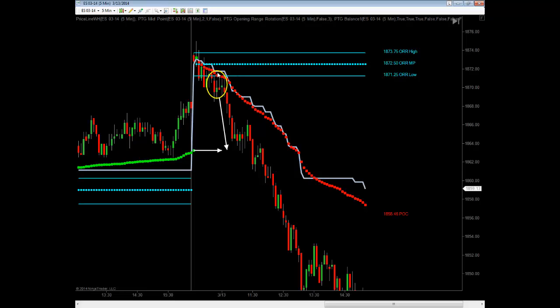coming off that opening range strategy. Certainly the market went a lot lower, and although the opening range strategy is designed to get us on the correct side of the market action early, it does not necessarily predict how far prices will travel. But what we want to do is initially determine what side of the market we want to be trading from as early as we can after identifying that opening range. Let's take a look at yesterday,